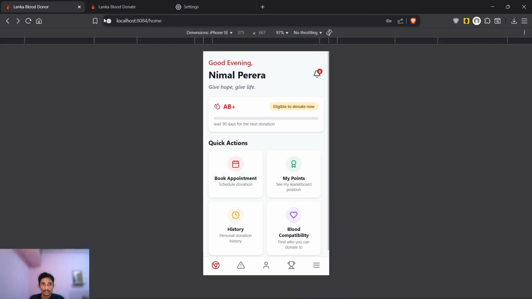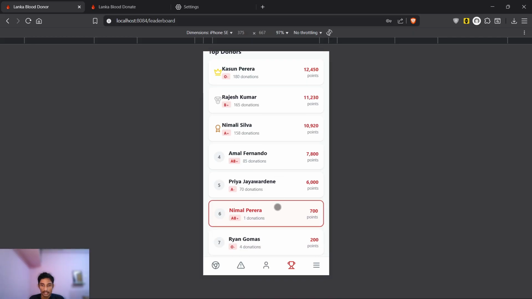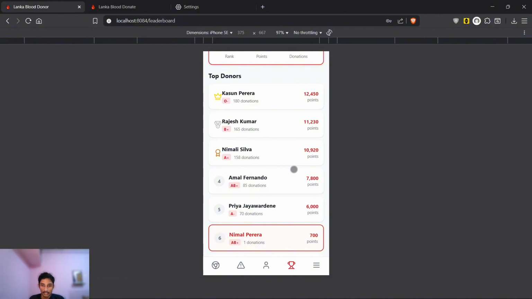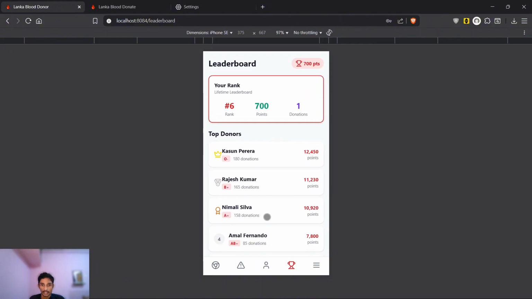You can see it like this, and he can check his points from the leaderboard. He will start from 500, and he got 200 additional points because he donated to the urgent